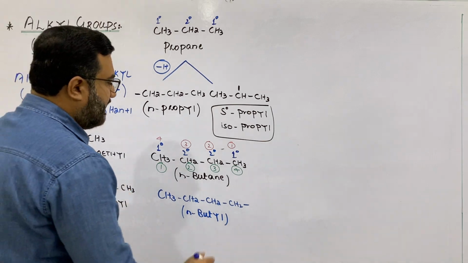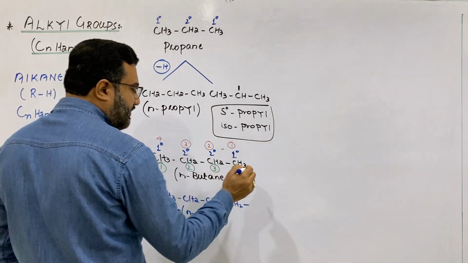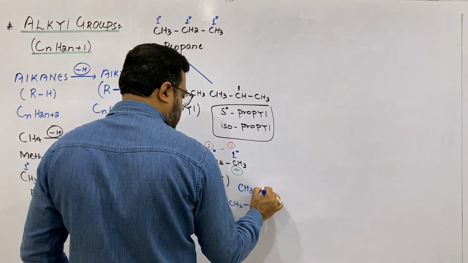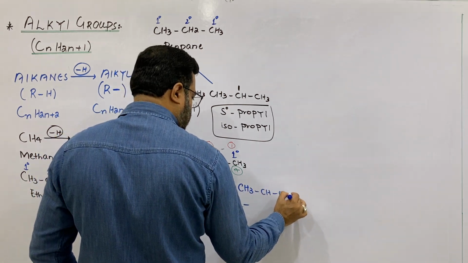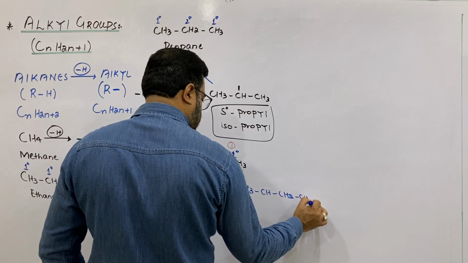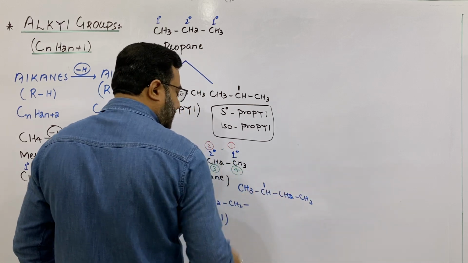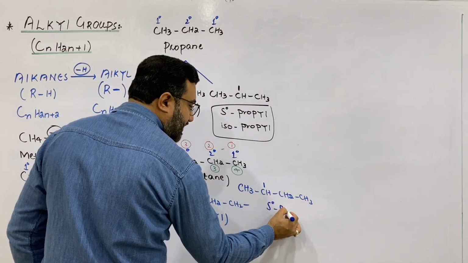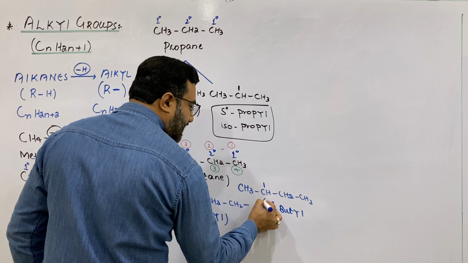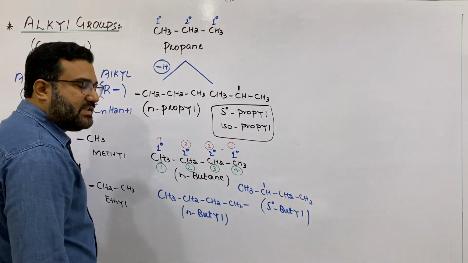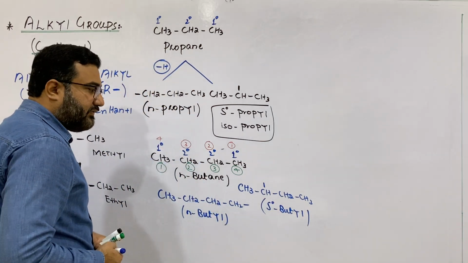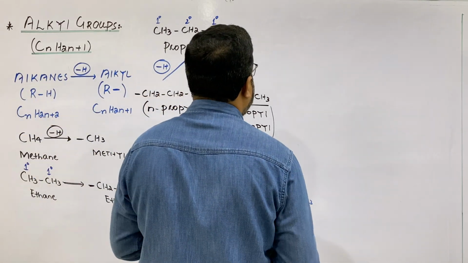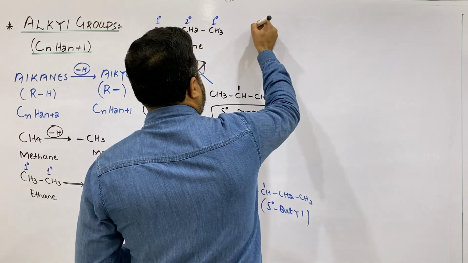But my dear students, if you will remove hydrogen from any secondary carbon like this, now this will be called as secondary butyl, but it cannot be called as the isobutyl, because in case of butyl, secondary and iso both are different from each other. Now this was the first isomer of the butane, N-butane. The second isomer of the butane is